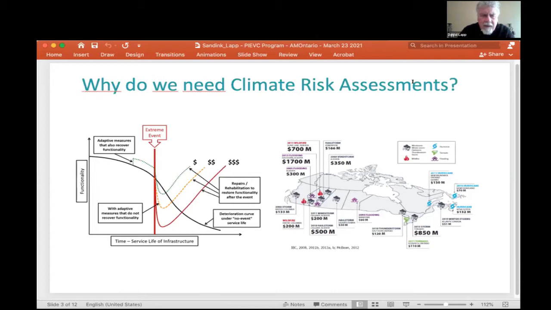And the diagram on the left is really a summary of ways to intervene on adapting infrastructure to handle extreme events. So the earlier that you intervene, the faster that your infrastructure recovers and the lower the cost. If you do nothing and an event happens, then you're going to have a very severe loss of functionality, and it's going to cost you a lot of money and time. And for smaller municipalities, you may not have the capital resources to recover completely, so you may have something less than you had before. So it's really important, I think, to understand your risks and vulnerabilities as a way of